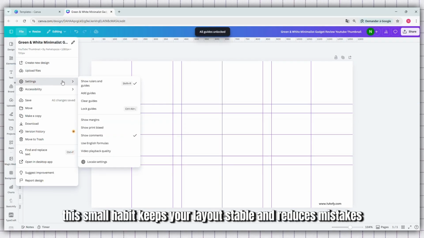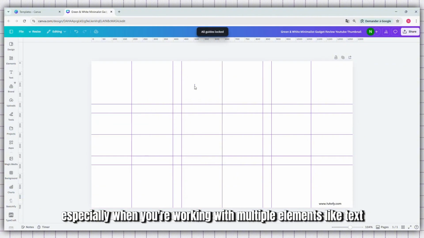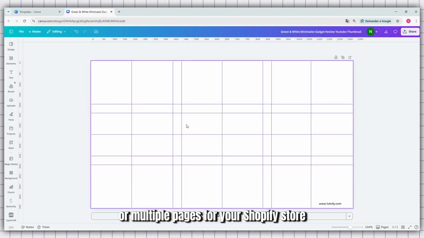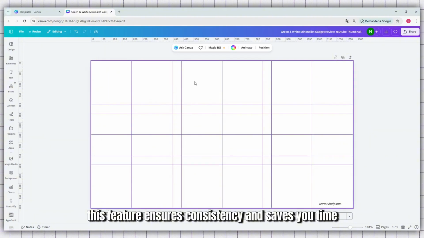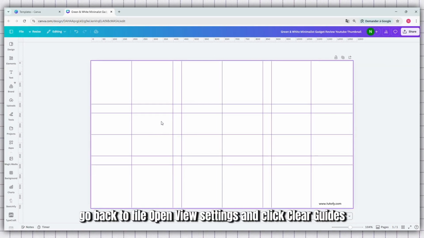This small habit keeps your layout stable and reduces mistakes, especially when you're working with multiple elements like text, images, and buttons. When you're working on a larger project or multiple pages for your Shopify store, this feature ensures consistency and saves you time. When you are done with your layout or want to start fresh, go back to File,